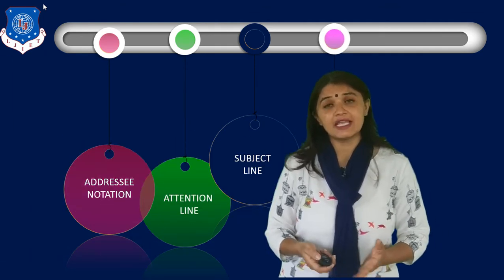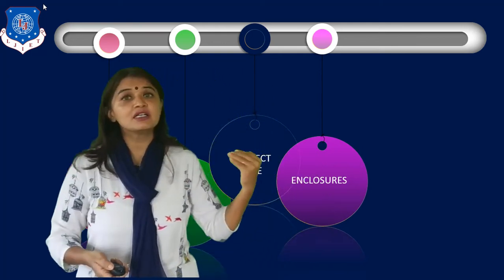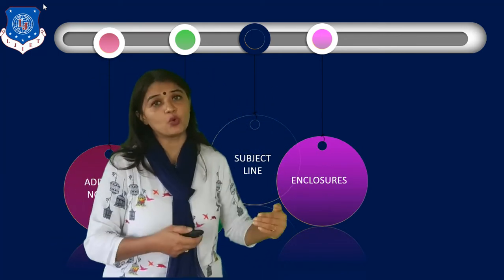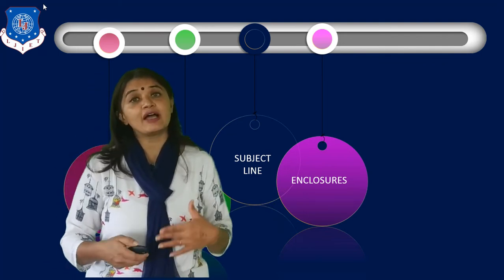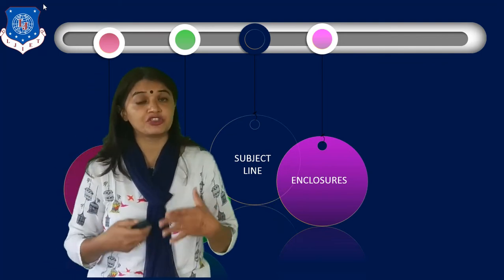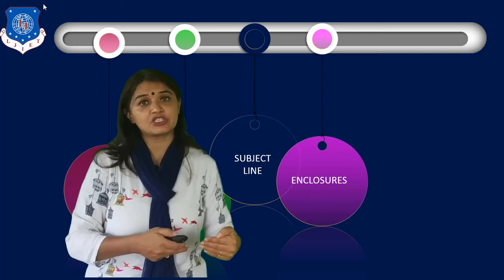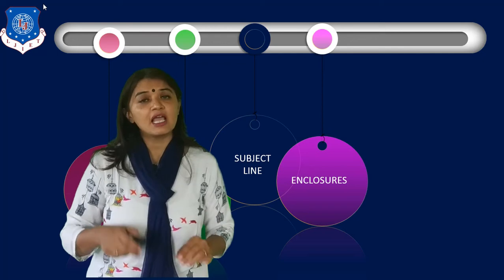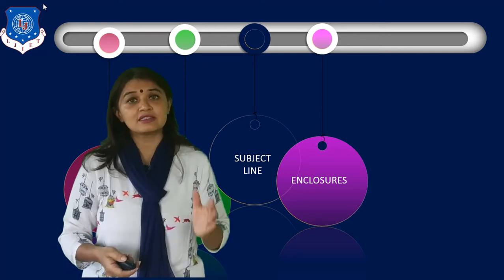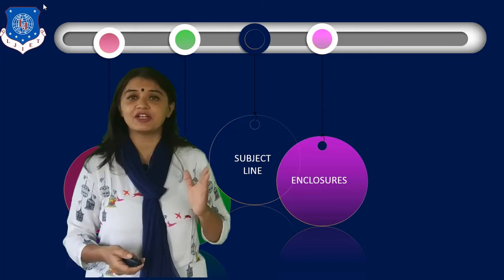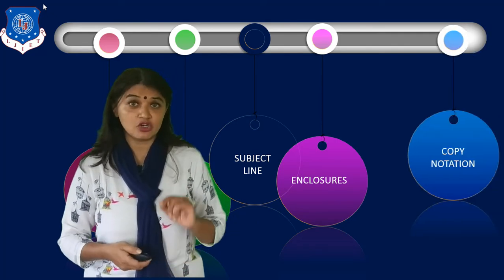Now the next additional element is below the main body, or it is even after the signature block, that is after the letter is over, and that is the enclosures. Now many a times you will have to attach certain documents along with your letter. So whatever you have attached with your letter, you have to mention in this section. You have to write down "Enclosures" and write down the list of all documents that you have attached with the letter. So that is the enclosure, and this is also justified to the left margin. Now after the enclosures, we have the copy notation.